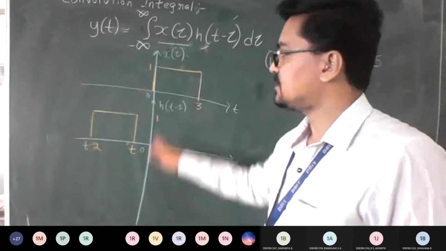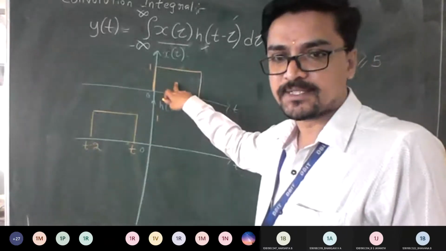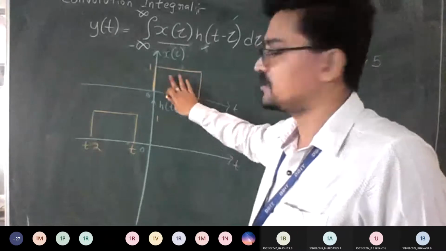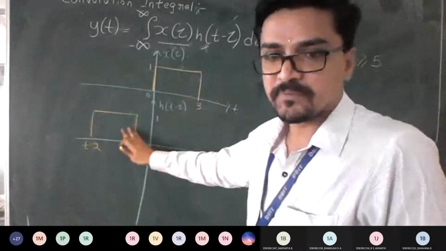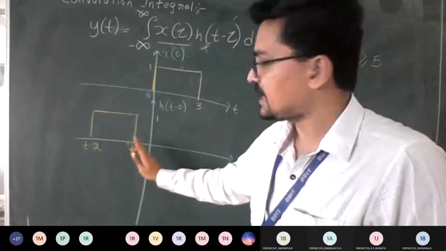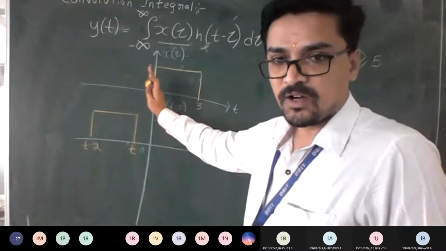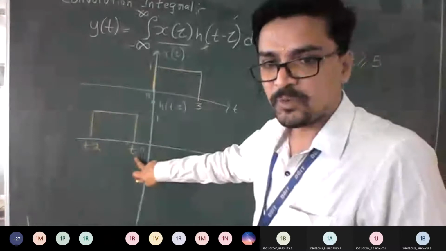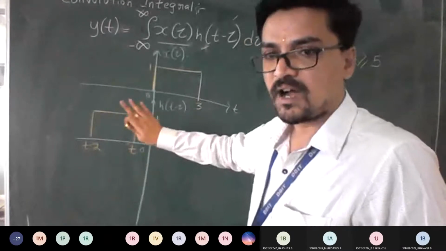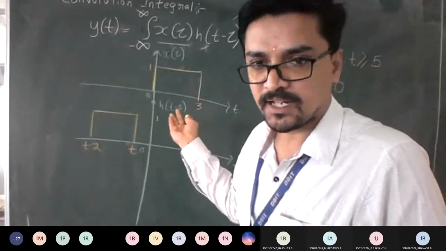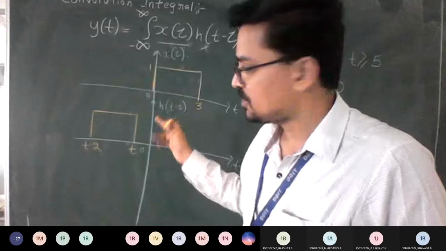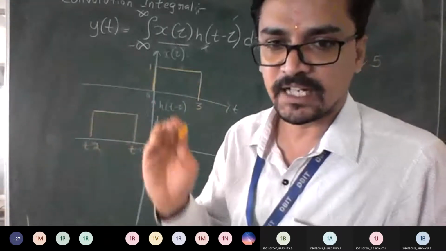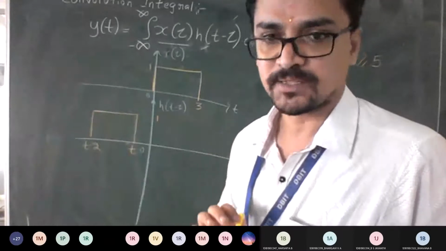Listen everyone. Now this x of tau is kept constant because I can't do any movement with respect to my x of tau. This will be as it is. I can play with my h of tau. We now have a clear idea that till 0, wherever the signal moves, it is 0 only. So I need to make sure this t comes after 0. If I make this overlap after this, which are the intervals where it is going to get convolved? That is what we are supposed to check, right?